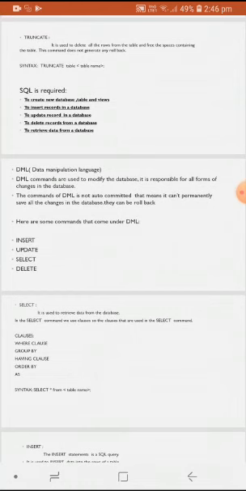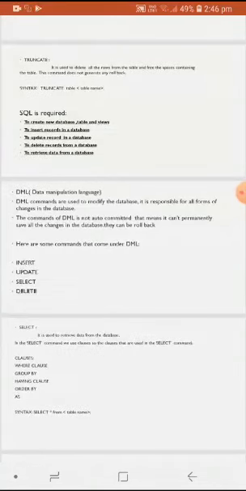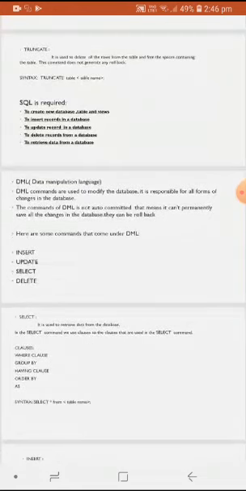Now what are the commands used in data manipulation language? Data manipulation language commands are used to modify the database. It is responsible for all forms of changes in the database. The main use of data manipulation language is selecting, inserting, deleting and updating data in the database.